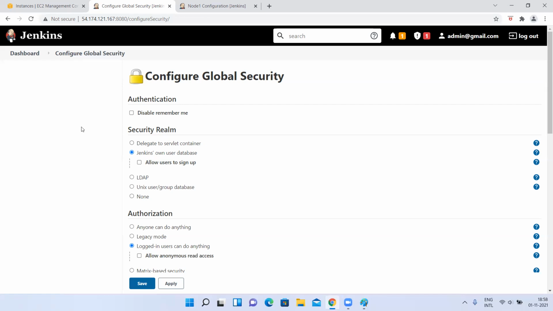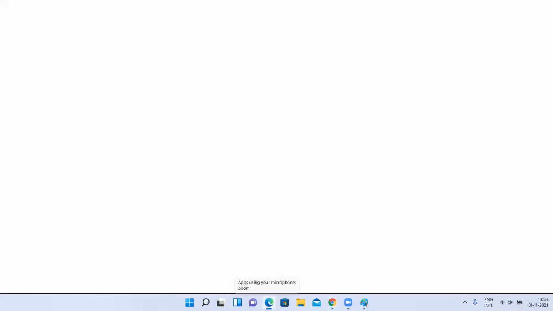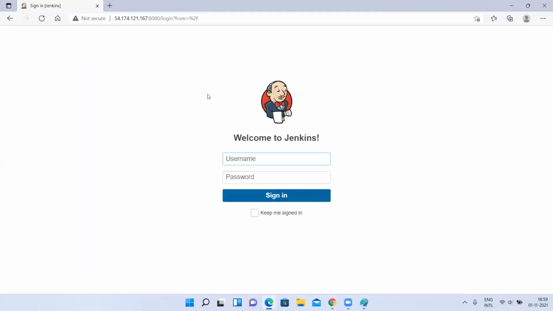Okay, we'll see that. Now see this first option. Let me open another browser and I'll show each option. Okay, see this, I'm opening my Jenkins here also. This is the Edge browser, Microsoft. The Keep me signed in option is there, right? Now, if I give my username and password here and click on Keep me signed in, same like Gmail, it will remember the username and password, right?